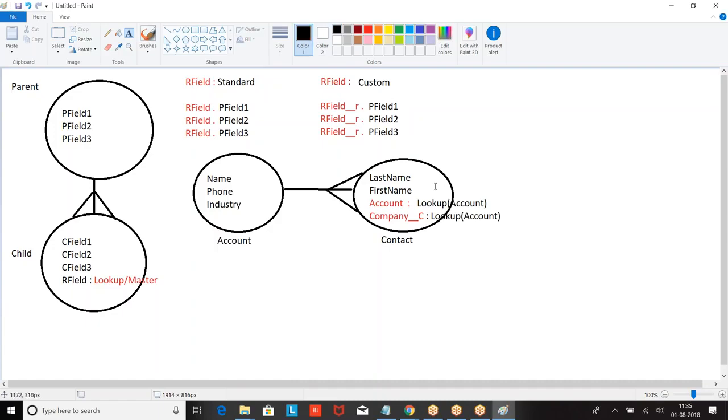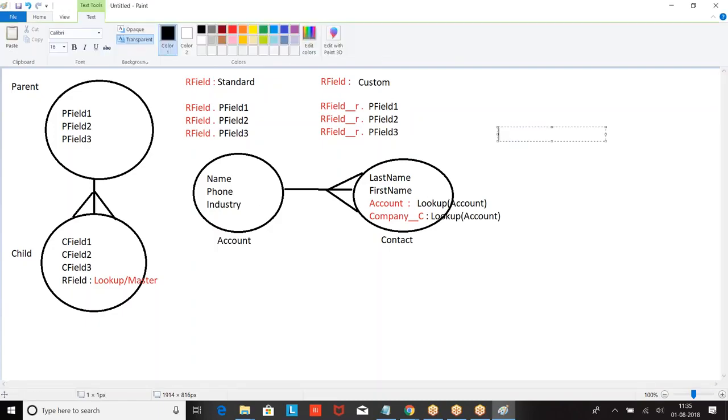Now using a standard lookup field, if I want to refer to my account data, how will you refer? Account dot name, phone. Now if it is a custom, company underscore r dot.